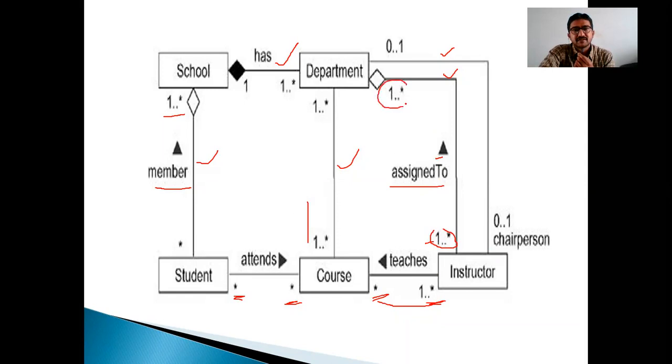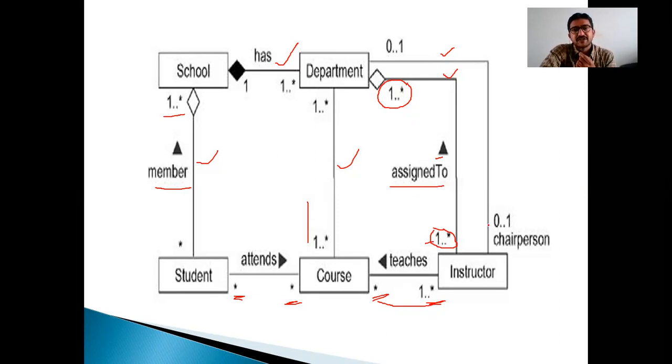Now, one or more departments in the sense, for example, the college principal's department is mechanical. So the principal is acting as a professor in the mechanical department as well as principal of the college. The Dean is a professor in the EC department, also acting as dean for the college. Like this, the placement officer coordinator is a professor in the CS department, also acting as a placement officer for the college. Like this, one or more instructors are assigned to one or more departments. Different departments are working together.